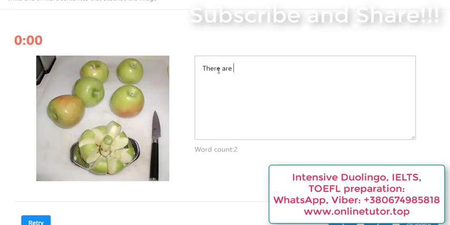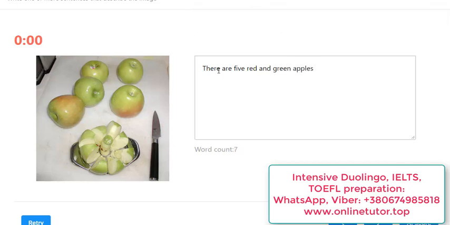There are 5 red and green apples resting on the table in the center of this polychromatic photo. Yeah, such a silly sentence, but to the right of the apples I can see, not to repeat "there is", the row, I can see a knife, a kitchen knife,